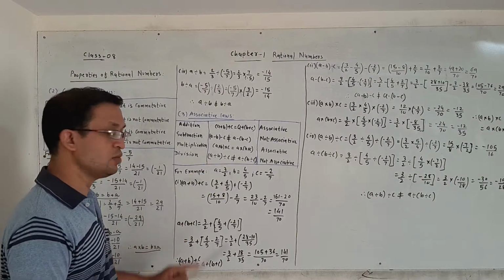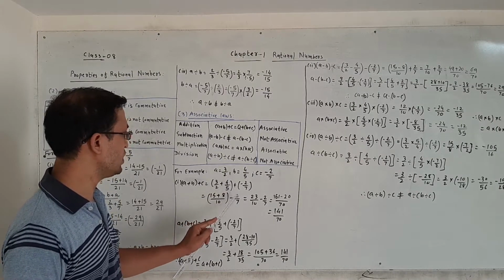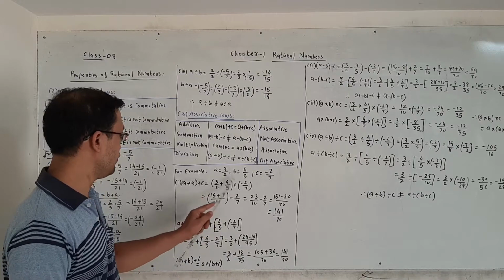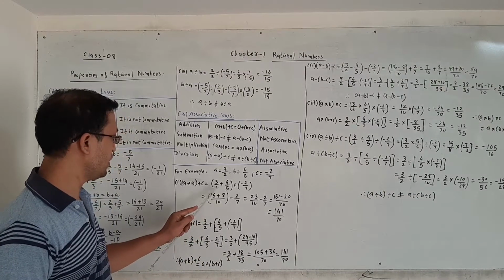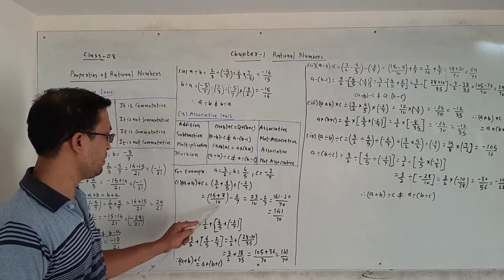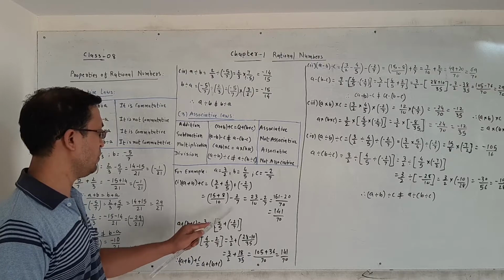पहले हमें a plus b का simplification करना है. a means 3 by 2 plus 5 by 4 plus minus 2 by 7. Both denominators are different. Take LCM. Cross multiply: 5 times 3 is 15, 4 times 2 is 8, divided by 5 times 2 is 10, plus minus minus 2 by 7. That is 23 by 10.